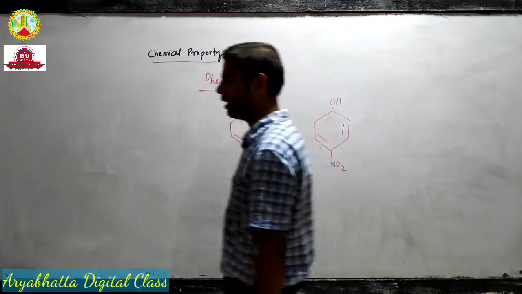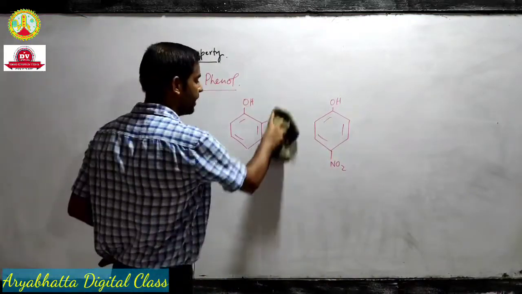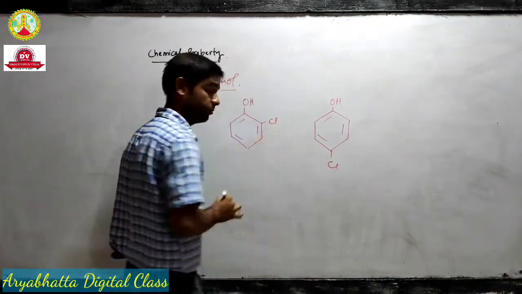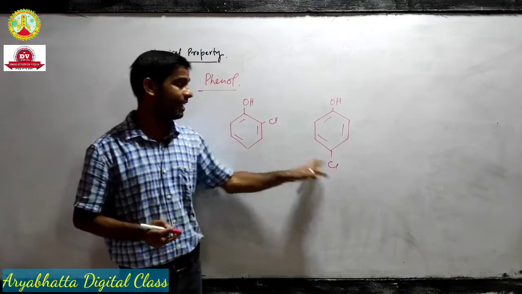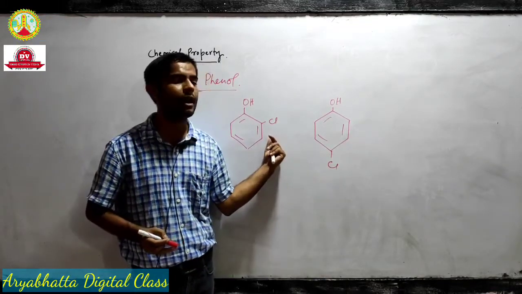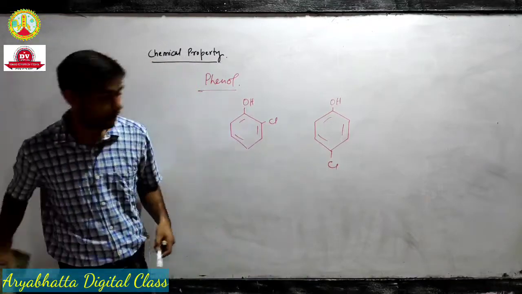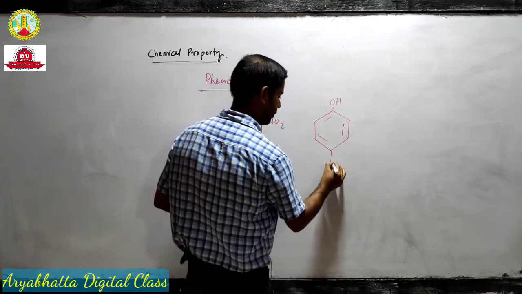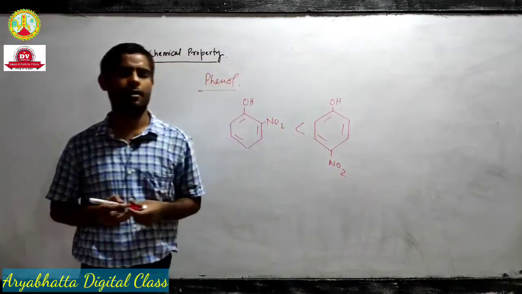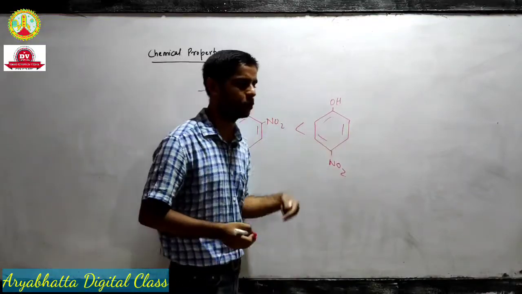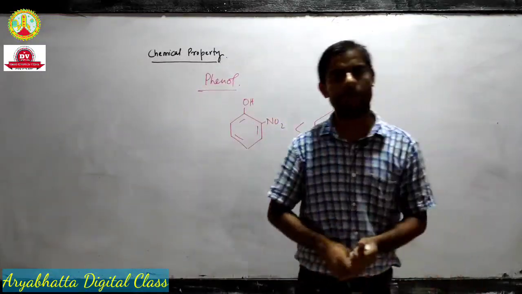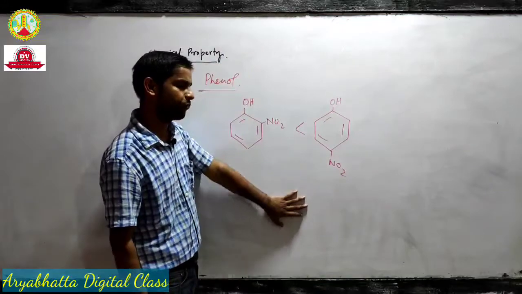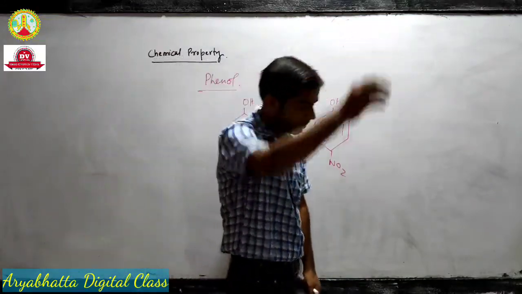Okay, well, it's true if I take chlorine instead of nitro. If I have chlorine as an electron withdrawing group, ortho will have more acidity than para. But in case of nitro, surprisingly, para isomer has more acidity than ortho isomer. And this is the beauty or interesting thing about chemistry, that you know,